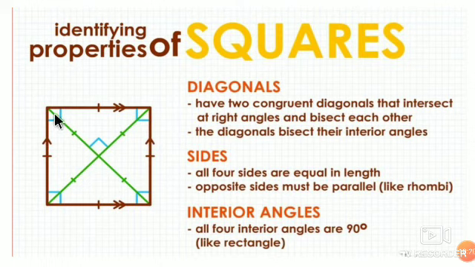If the angle is 90 degrees, this diagonal bisects the angle, means it is 45 degrees and this is 45 degrees, and at the intersection of the diagonals a right angle is formed, and it divides into two equal parts also. Diagonals intersect each other and divide them into equal parts. All four interior angles are 90 degrees. Each angle is of 90 degrees.